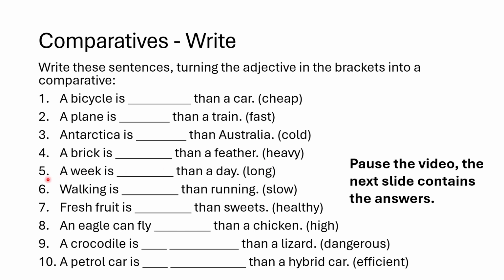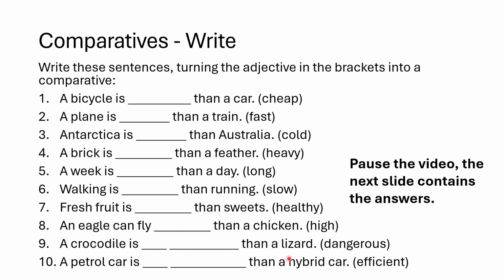5. A week is than a day. Long. 6. Walking is than running. Slow. 7. Fresh fruit is than sweets. Healthy. 8. An eagle can fly than a chicken. High. 9. A crocodile is